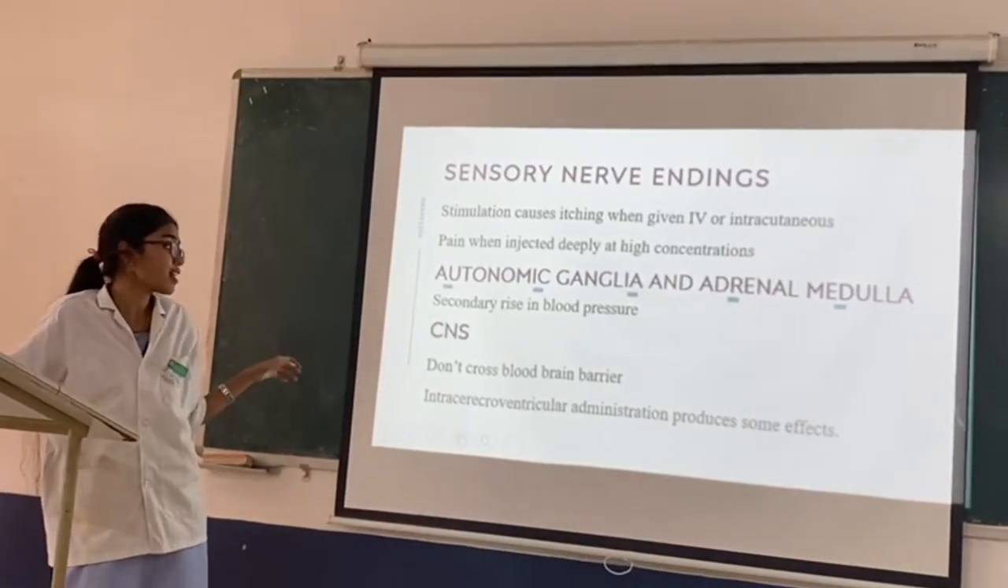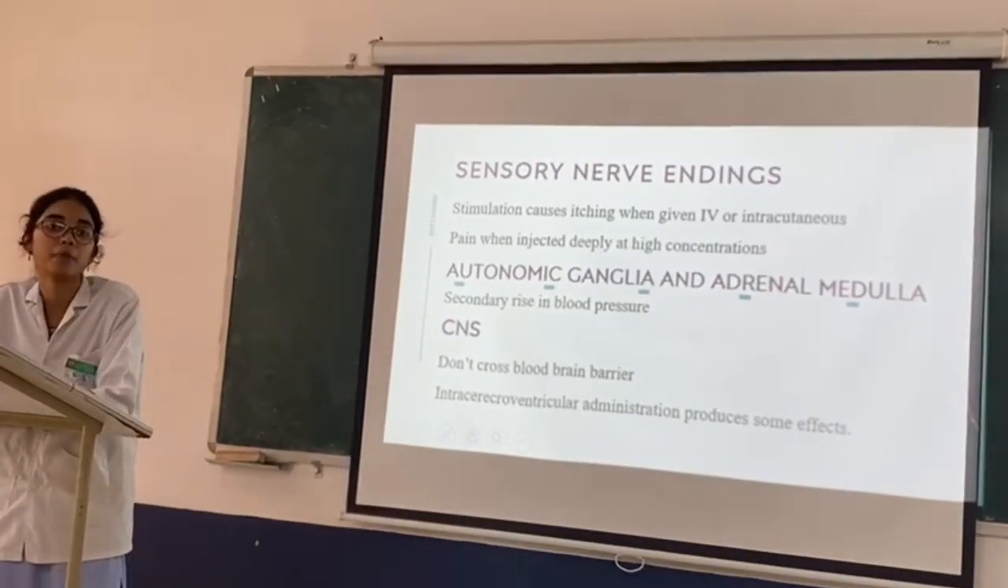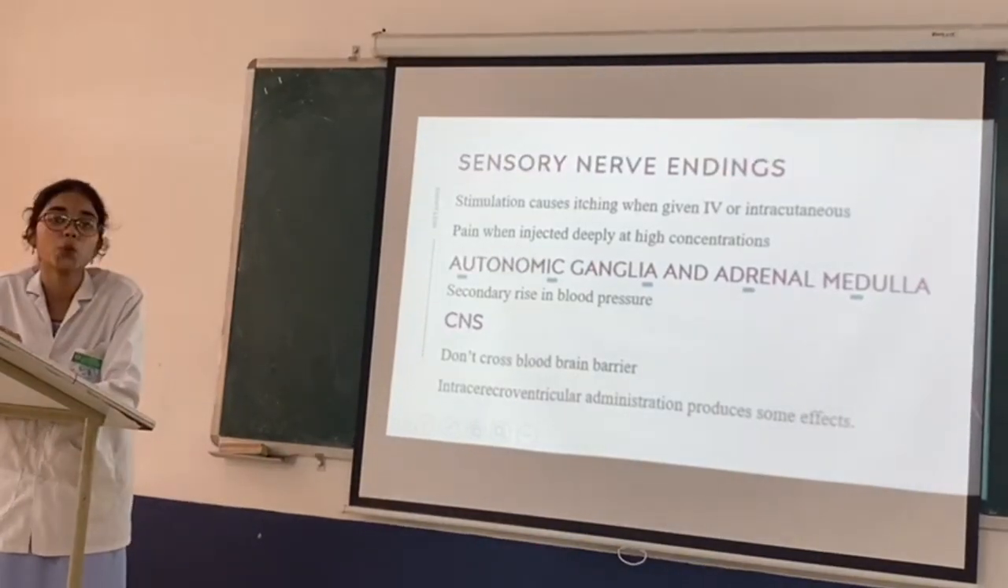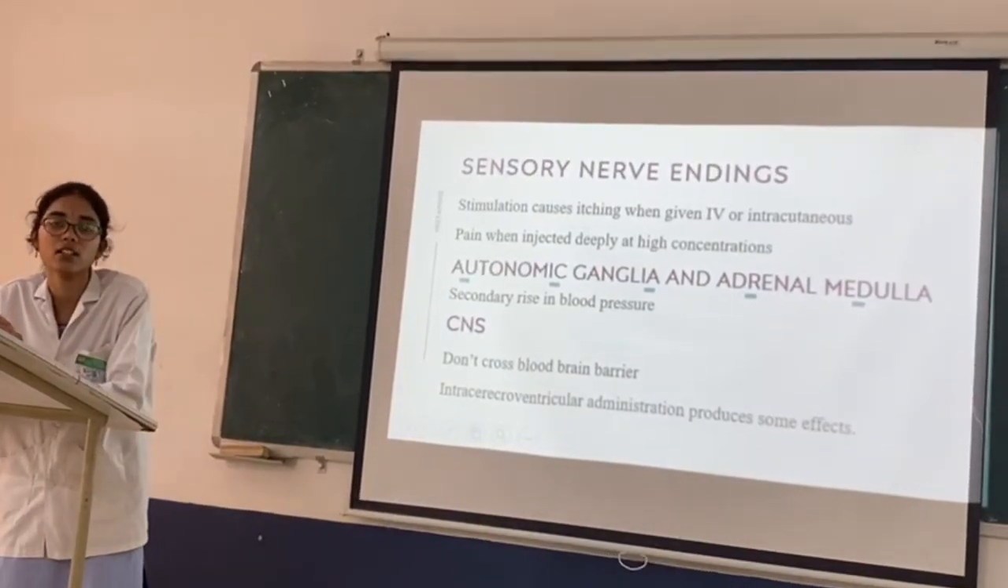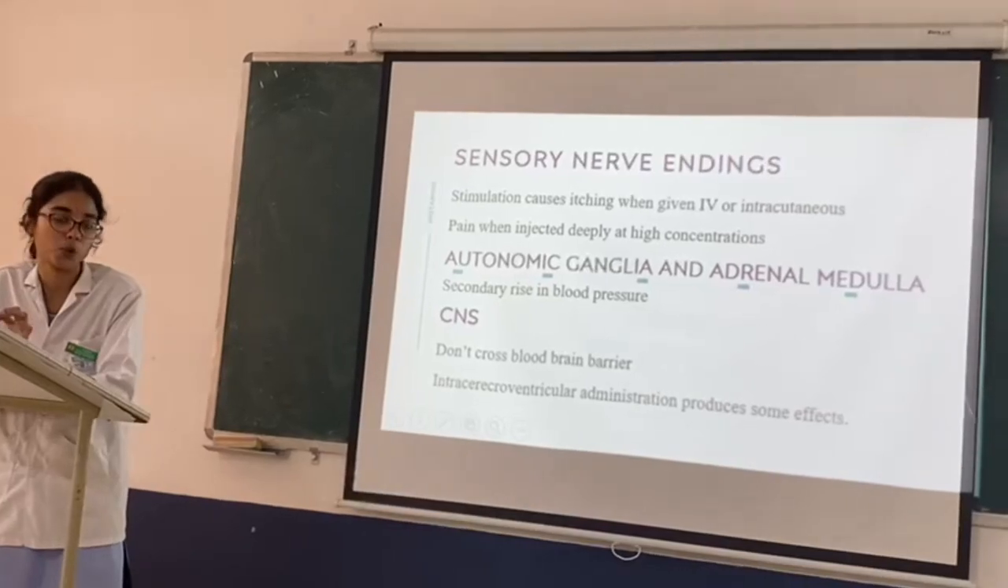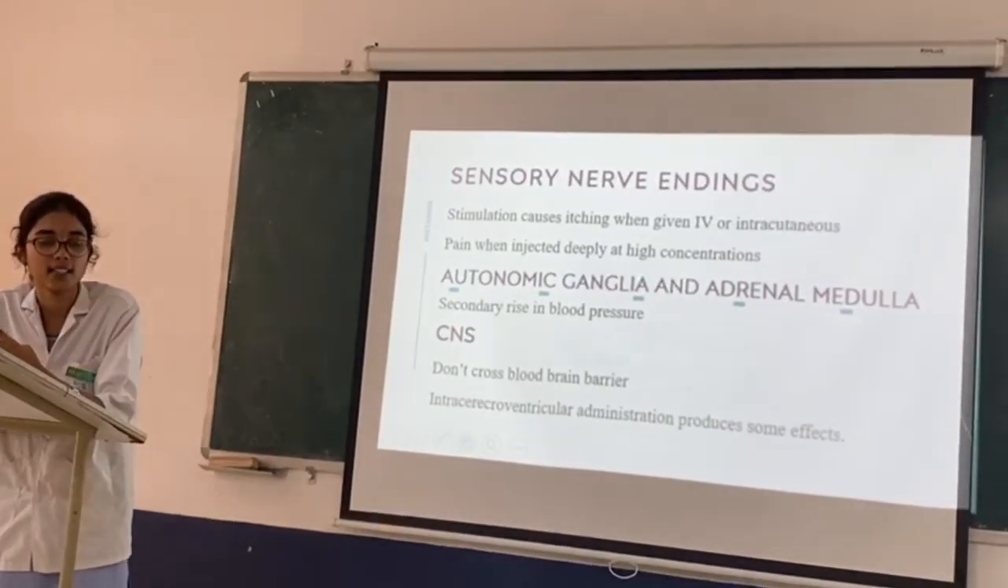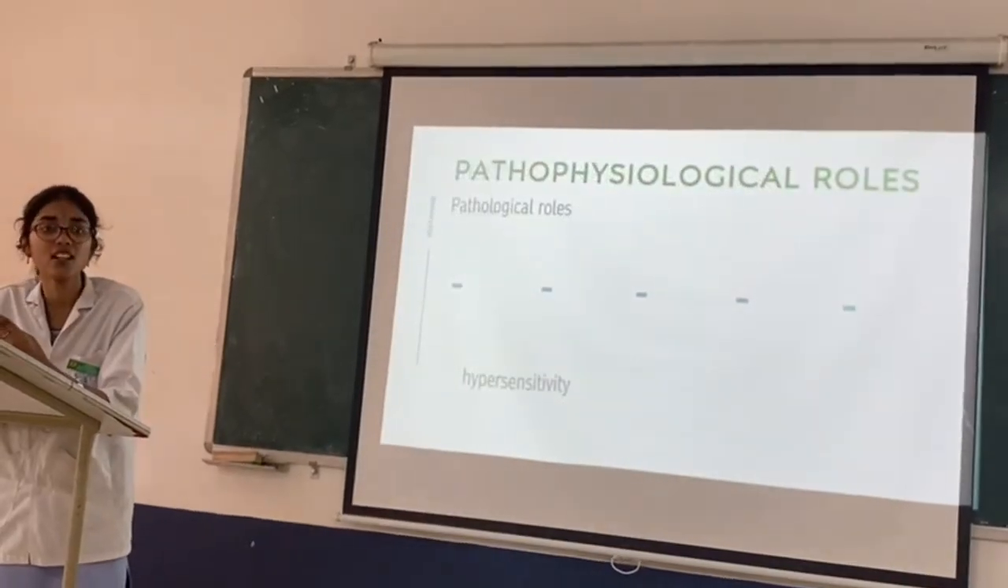Coming to the CNS, histamine does not cross the blood-brain barrier, so the central effects are not prominent. But when it is injected through the intracerebroventricular pathway, it produces some effects like a rise in BP, cardiac stimulation, behavioral arousal,